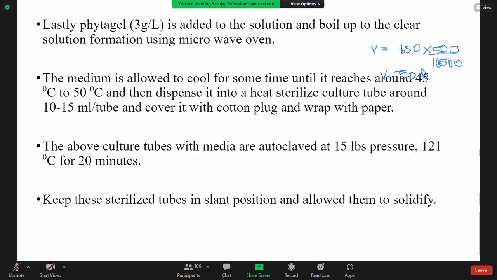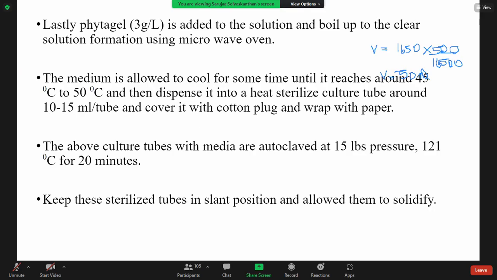So the normal magnetic stirrer is not enough to dissolve it. So only when we heat up, the phytagel dissolves in the media. So to heat up, we normally use the microwave oven, right, until it fully dissolves. When the media starts to boil, all the phytagel dissolves in the media, and we have to take it out, right? It is really very hot, the media we have to take out, and we have to pour it in the small